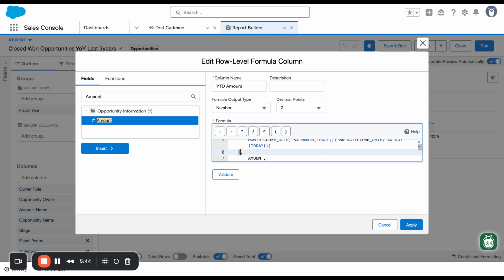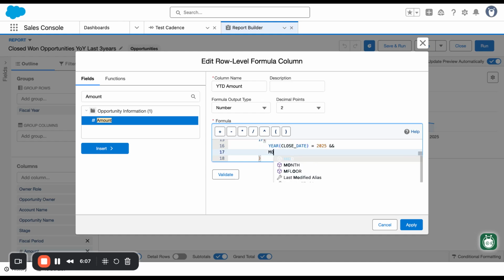And there we go. And it'll tell me if I messed up with those parentheses. And then we're going to do the last one, which is if, and we're going to say the year again of the close date. Whoops, not close. I need close date equals 2025, and the month of the close date is less than the